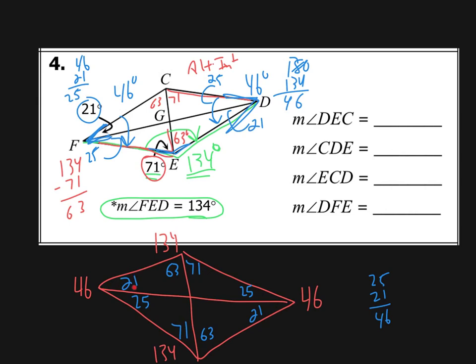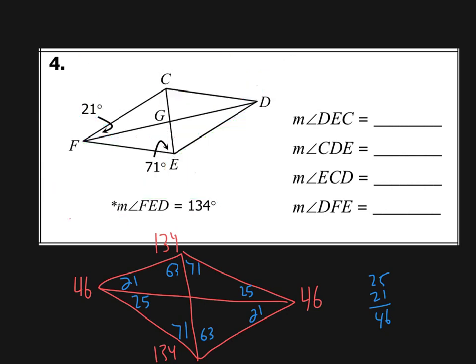They gave me that this was 21, so this is 21. Now I use the idea that this big angle here and this big angle here are supplementary. So if I got 134, 180 minus 134 gave me 46. And if this piece was 21, then 46 minus 21 gave me 25. And if that's 25, so is this. Now I get everything that I see. So I go up here, now I just have to